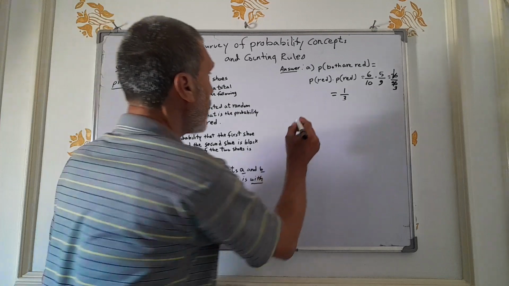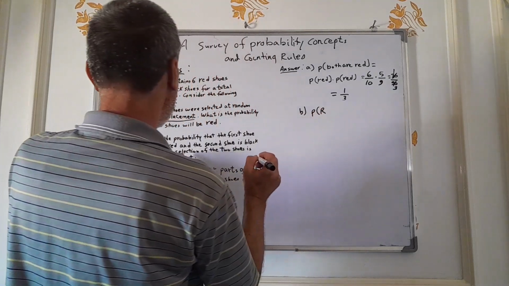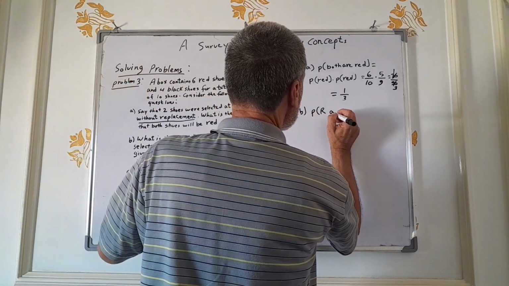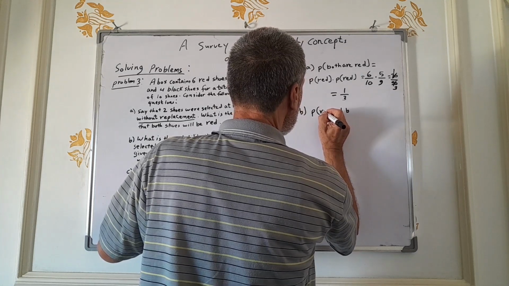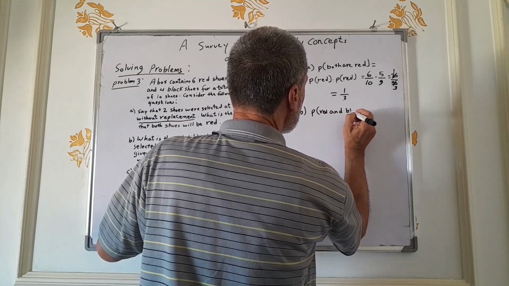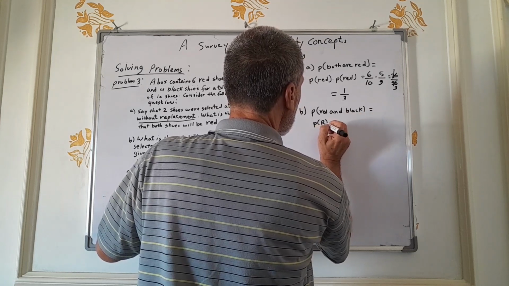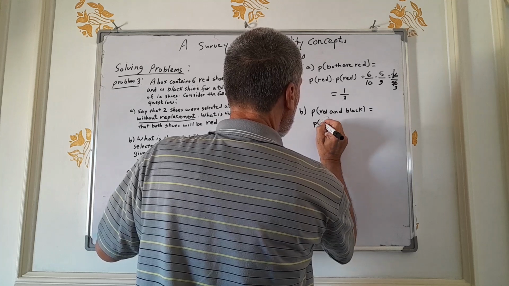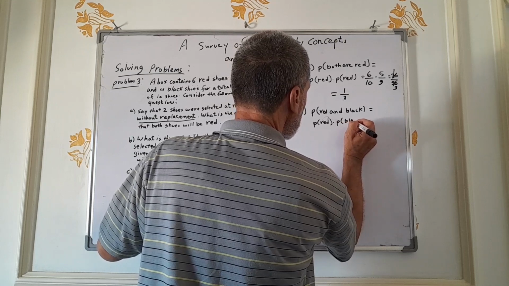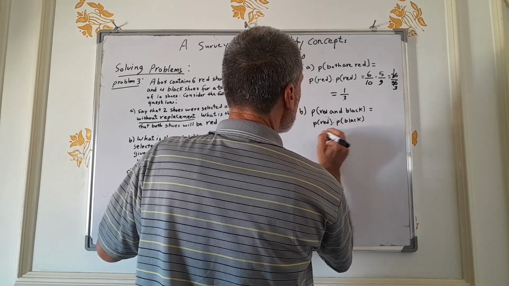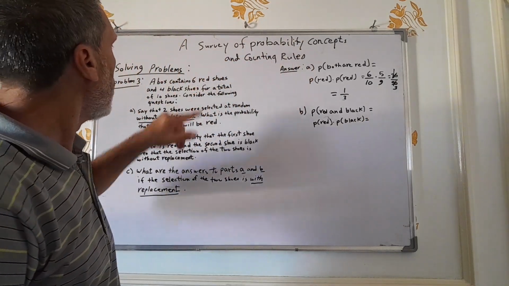Therefore, for part B, we say the probability of red and black is equal to the probability of red times the probability of black, which is equal to the probability of red, of course, 6 red over 10